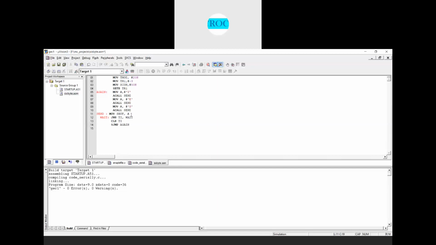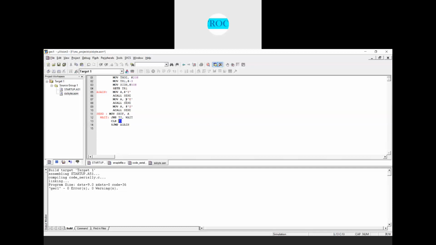After that, once I copy that, I'll keep on monitoring this transmit interrupt flag to make sure whether this bit is set or not. If this bit is set, it means that the character Y has been transmitted. After it's been transmitted, I'll clear the TI flag and go again, if I want to transmit the next one.